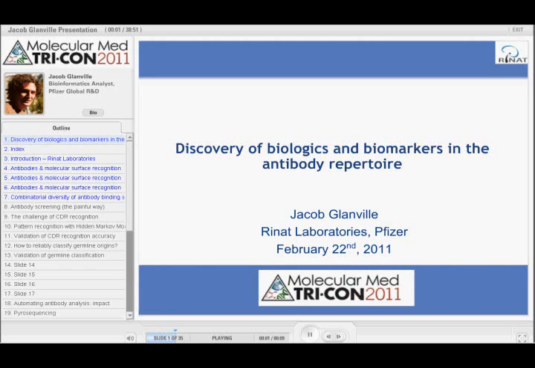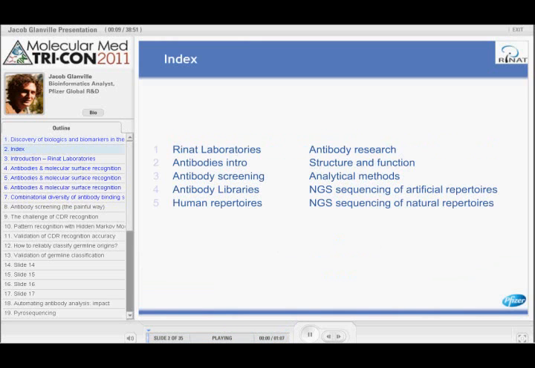So you've just heard from Madam Kraut describing a number of the emergent technologies for next generation or second and third generation sequencing. So what I will be doing now is going into some detail on a specific application of these technologies, specifically the analysis of antibody repertoires for the discovery of biologics and for the pursuit of discovery of